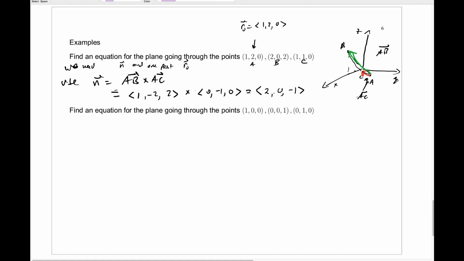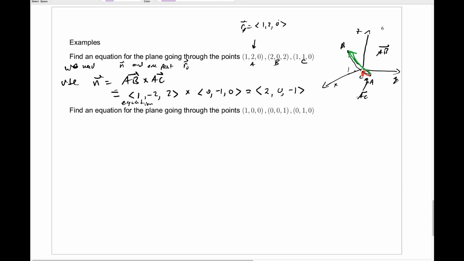2 times 0 plus 0 times -1 plus -1 times 0. That's really 0. So this really is a vector orthogonal to both of these vectors, AB and AC. And once we know n, and again, we're going to use this vector R0, which is the vector 1, 2, 0, we can write the equation